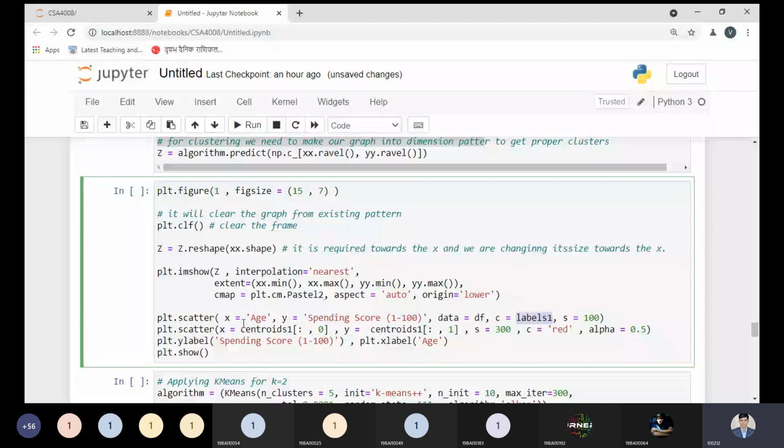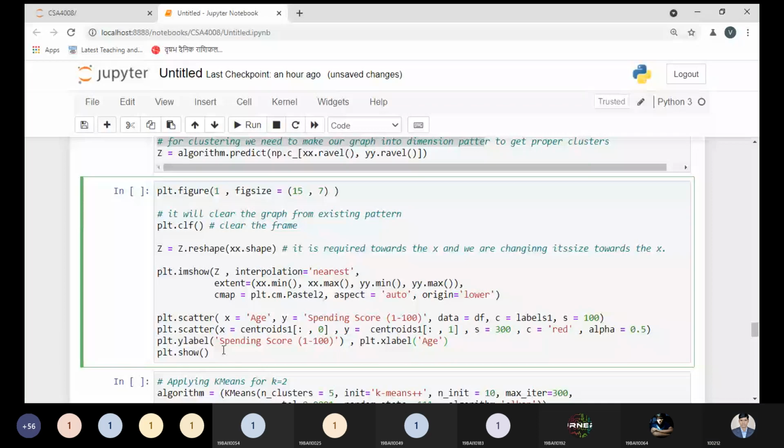And respectively, we need to display some centroid values. For the centroids we are using this parameter, centers, as we decided above, and we need to pass its x and y values. According to the coordinate values, they will be displayed over our graph. And the same thing, the centroid size should be the maximum to represent it differently. So we are using 300, and if you want to use 500, you can. And here we have the red color, so the centroids should be represented by red. And its opacity, or we can say transparency, how opaque or transparent is required. So we can use 0.5. The range should be 0 to 1 only.